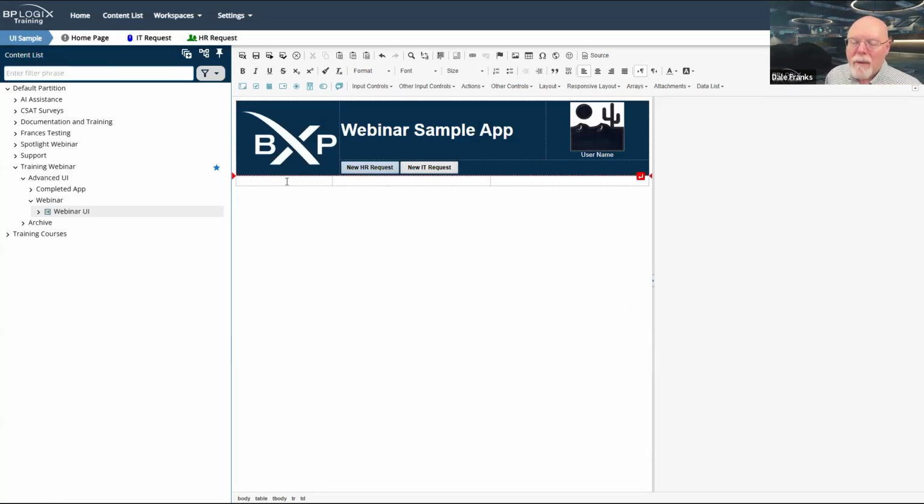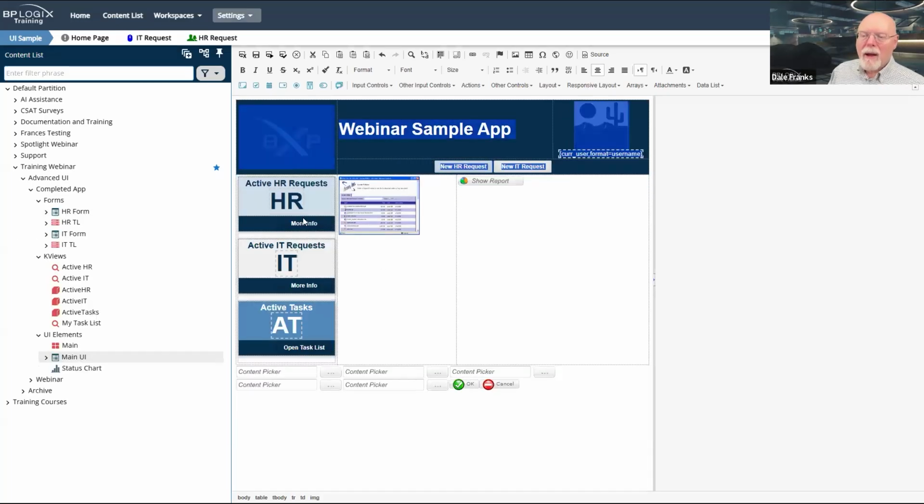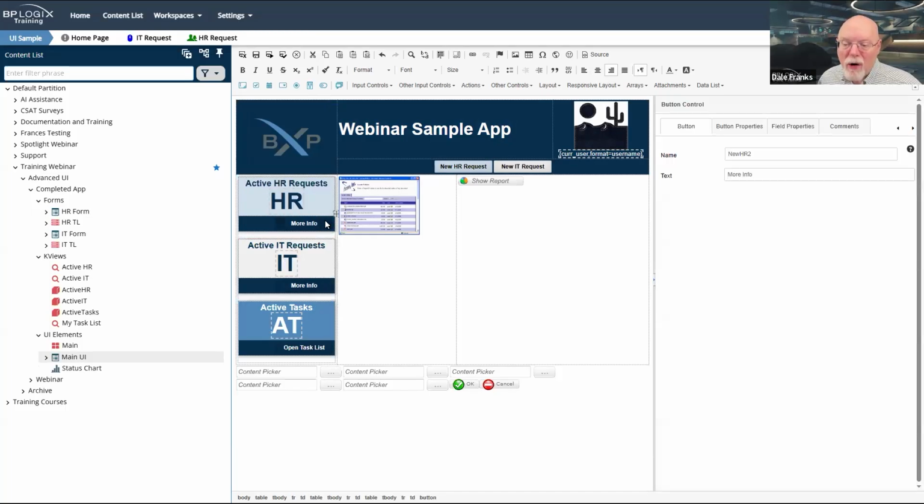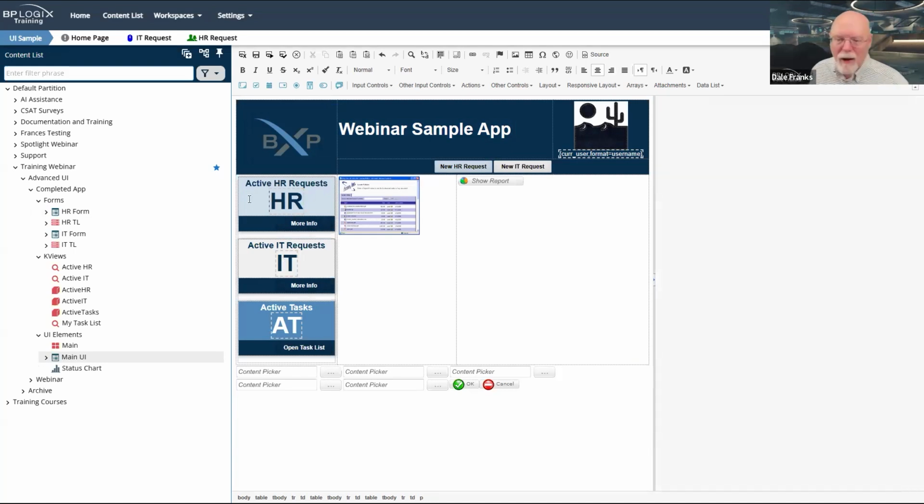And now I know what I'm building here, so I kind of know how I want to build this. So I know I'm going to have 3 of these status boxes. Now, each of these status boxes are their own little tables as well. So I'm going to need to do some extra table nesting here.